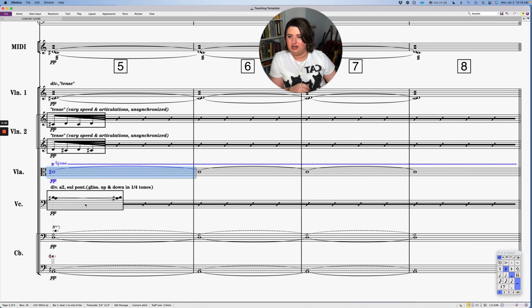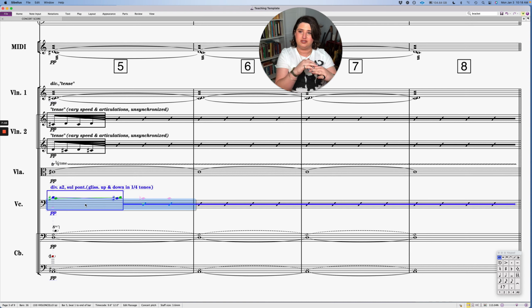In the celli, I'm asking them to do sul pont and glissing in quarter tones. These two things are much more tonal, but in the middle here, this gets more jarring and more unsettling. And then with the contrabasses, I'm having them do natural harmonics that are sounding at these pitches.